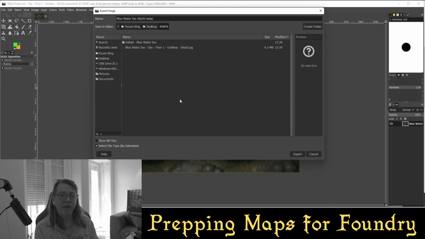WEBP. Now, why WebP? WebP is a file suffix for a type of image that's designed for the web. It's more efficient, maintaining resolution but with a more efficient file size. It's made for pictures on the web. And since Foundry uses web browsers, it has been recommended to use the WebP file format because it's supposed to be